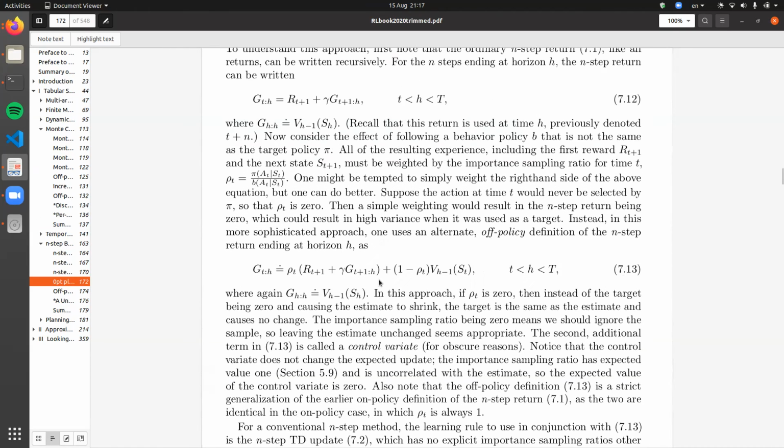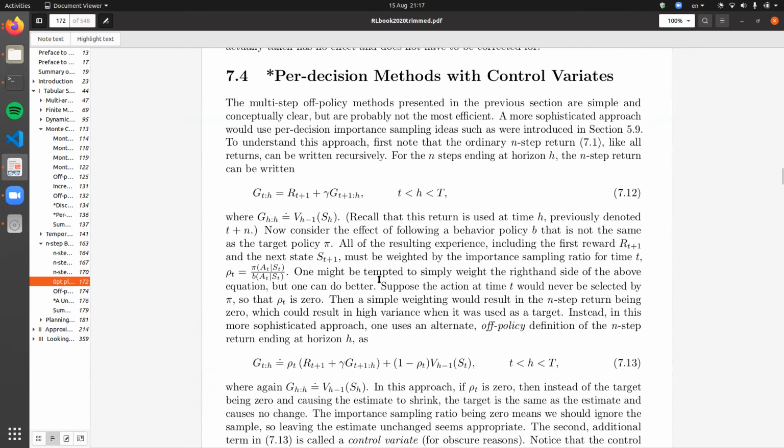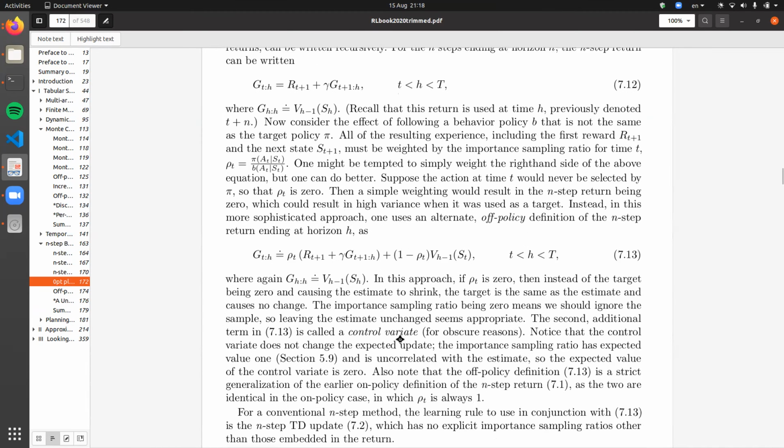And there is an alternative here, called per-decision methods with control variates. So the control variate is this value here. This will make sure that at each time step our return estimate is not zero, and it is a linear combination of rho and